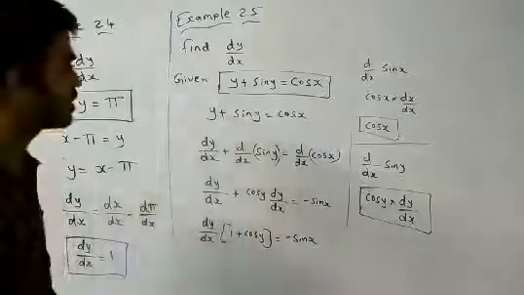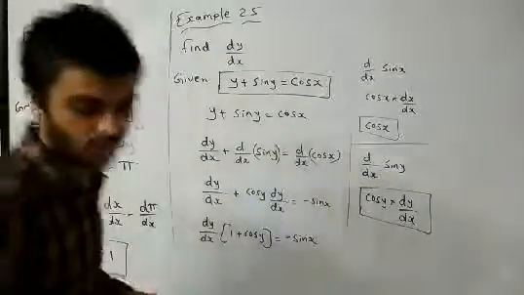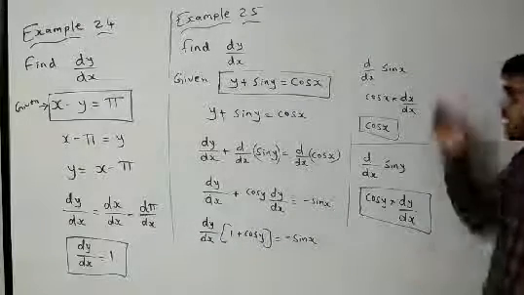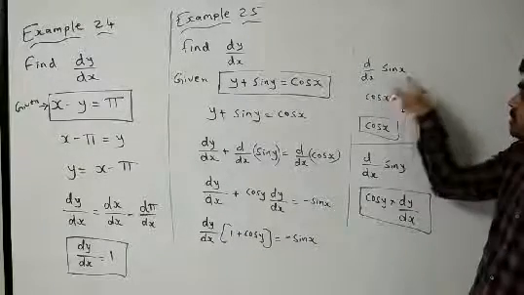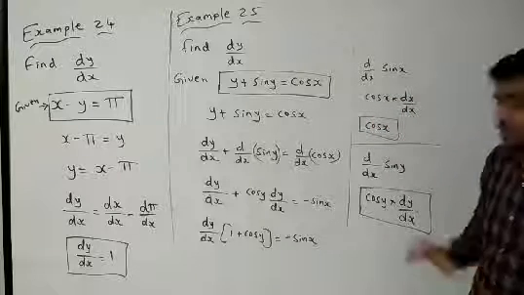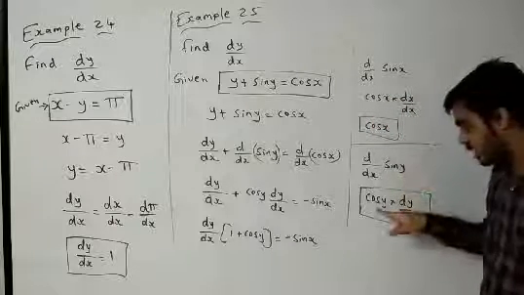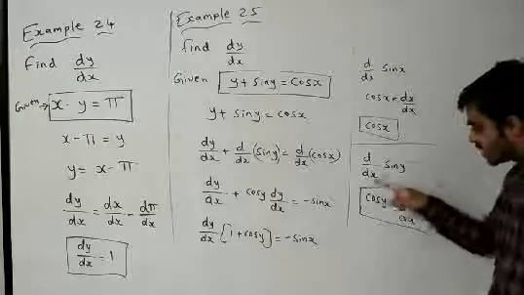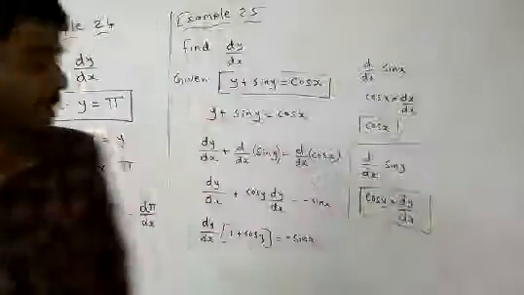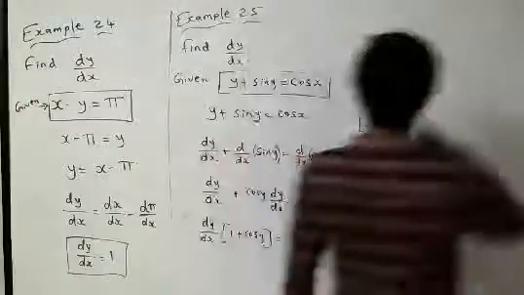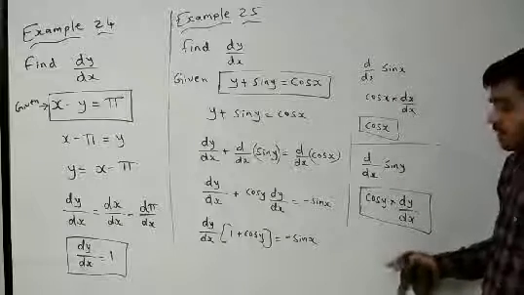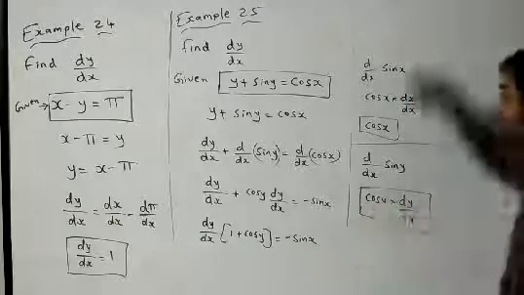Now our answer is clear. Now what do we have to do? Write this down in your notebook. Very important thing: derivative of sin x is cos x, but dx by dx is 1, so only cos x. Derivative of sin y is cos y, but times dy by dx, because x and y are different. That is the thing you have to remember over here. Everyone write this in your notebook and make a note. Very important thing.